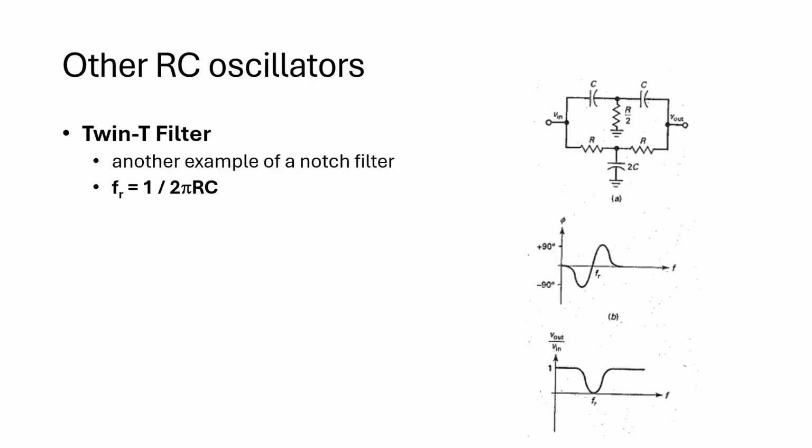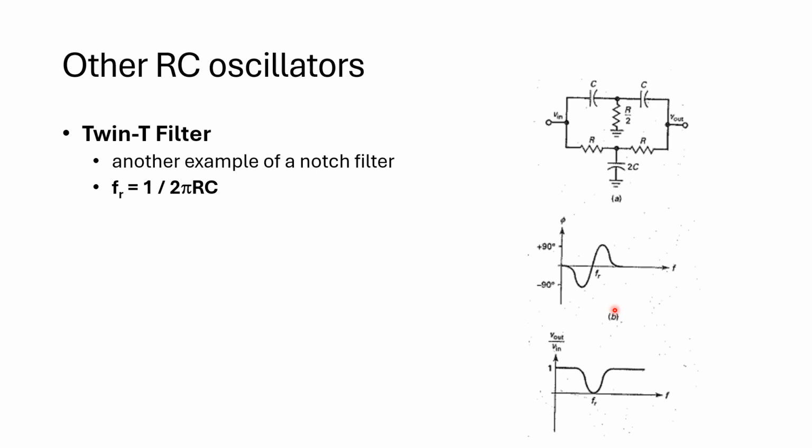So we have here another type of RC oscillator, a twin T filter. So this is a twin T filter. This acts like a lead lag circuit with changing phase angle. As we can see, the phase angles are changing. Again, there is a frequency where your phase shift equals 0 degrees.